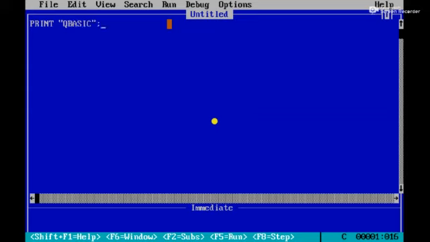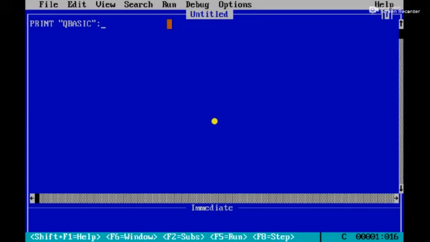So we can use both comma and semicolon in the print statement. What is the use of this comma and semicolon? If the expression list ends with a comma or semicolon, the next print statement is printed on the same line, but a little bit different. Okay, I will show you.